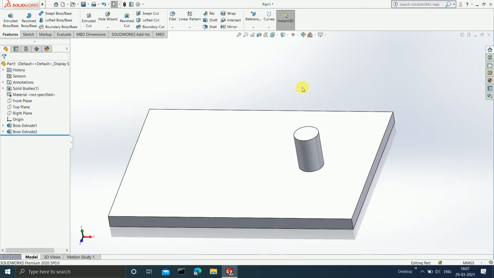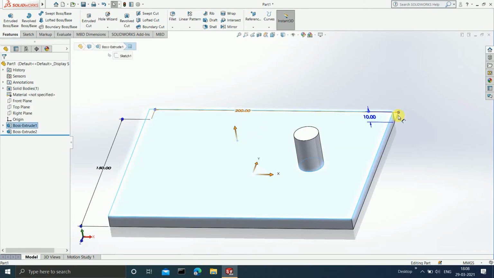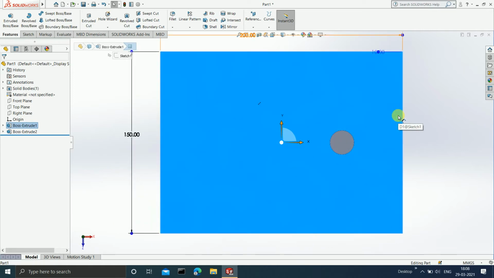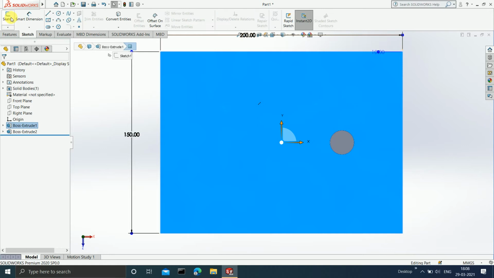So what I will do is go to the sketch linear pattern feature, and in this I will select the sketch driven pattern. Now before selecting the sketch driven pattern feature, you must have a sketch first. So to draw a sketch, I am going to select this particular plane and press Ctrl 8 so that this becomes perpendicular to the view, and now I am going to click on sketch.